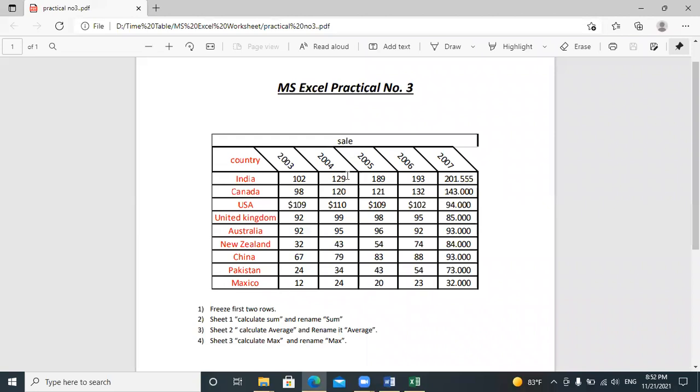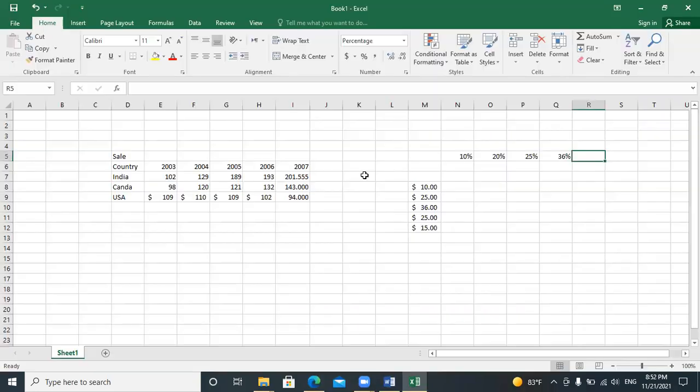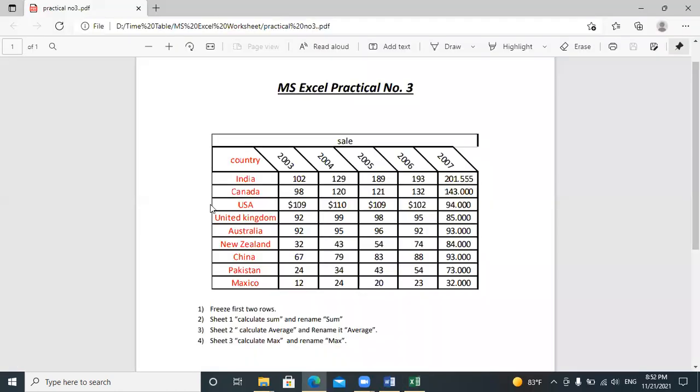After that, I will make a table like that. So how to make a table in Excel? As a sample, I have written just 3. But for your practice, you have to write this complete table. If you practice more, you will get more benefit. But as a sample, I have written just 3.